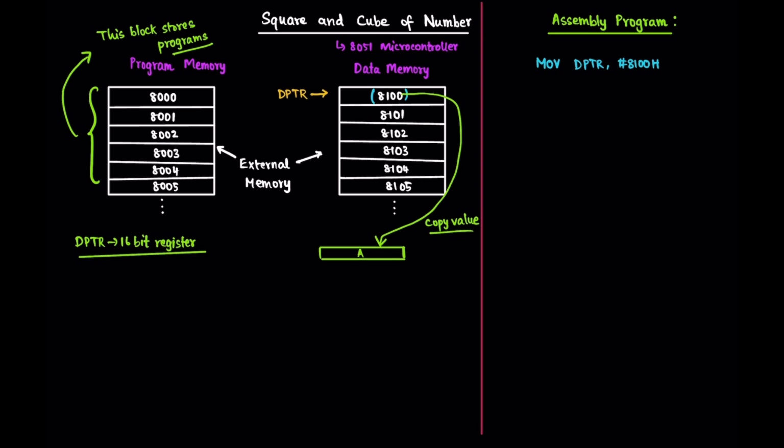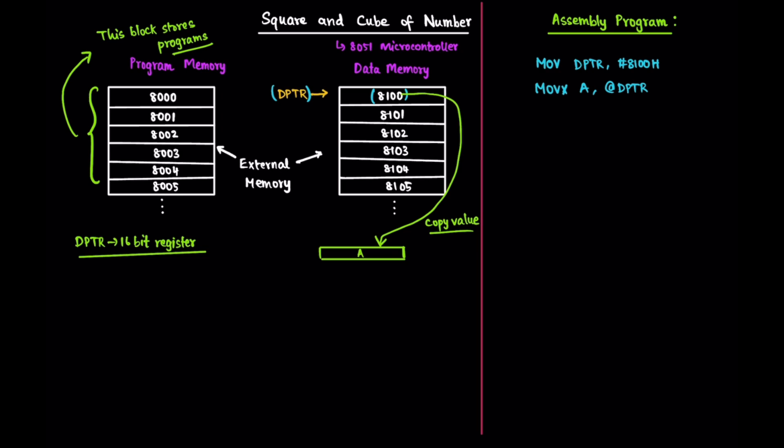For that I am going to write MOVX. Why do we use MOVX? Because we are accessing external data memory and we are moving it inside the 8051 microcontroller. The accumulator register is present inside the 8051. That is not part of external memory. So since we are accessing the external memory and bringing it inside the 8051, we have to use MOVX. And I'm going to write A, @DPTR. So I have loaded whatever is there in this location, whatever the DPTR is pointing at, into the